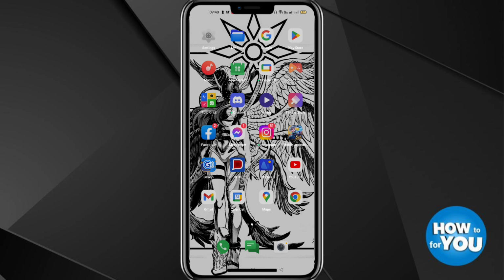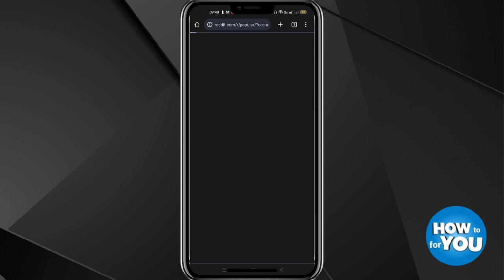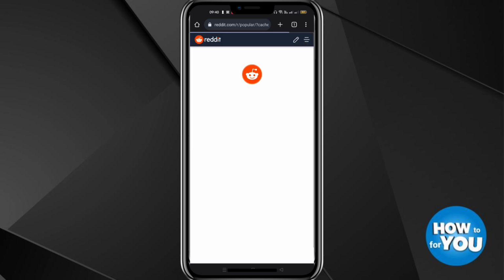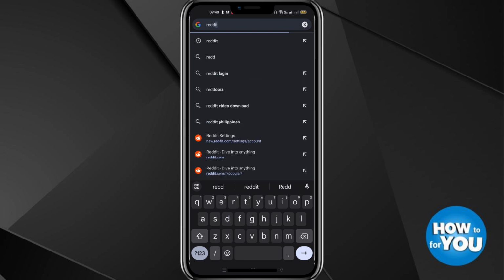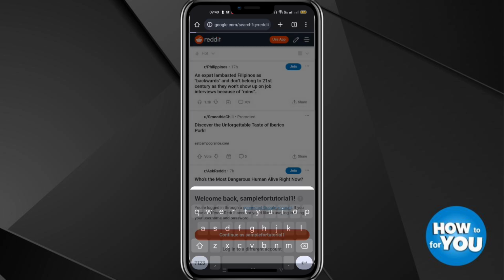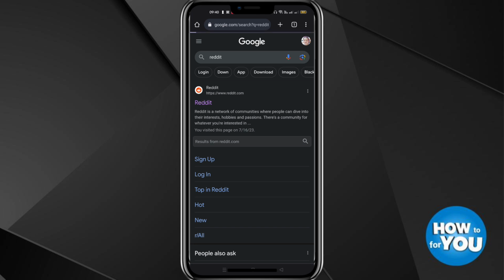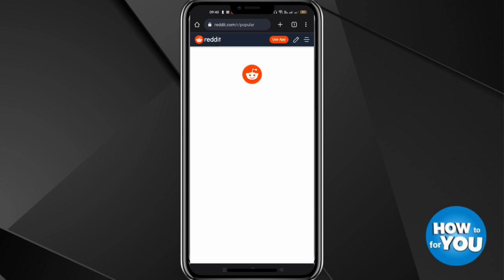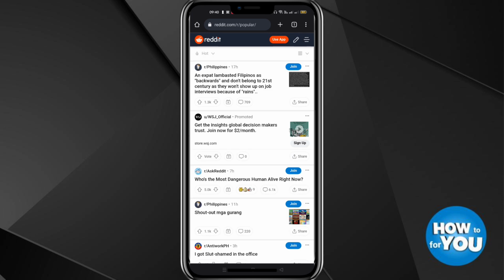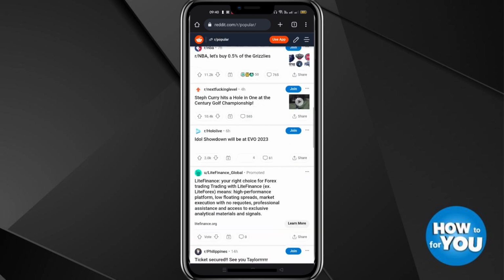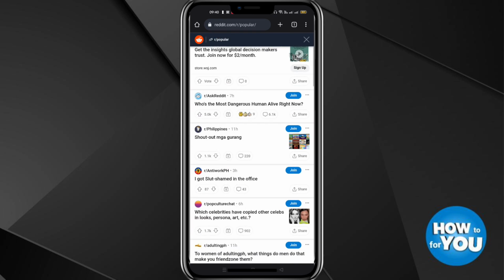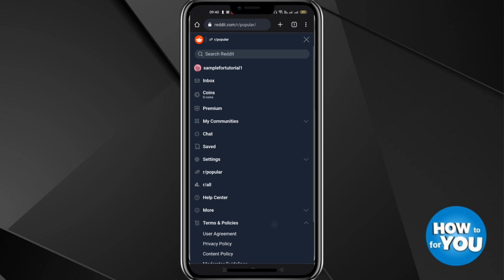So the first thing you need to do is to go to any browser. I'll just use Chrome and then go to the Reddit website, reddit.com. I'll just click here and then you just need to log in here. In my case it was automatically logged in, so you just need to log in, and then here the name of my Reddit account is